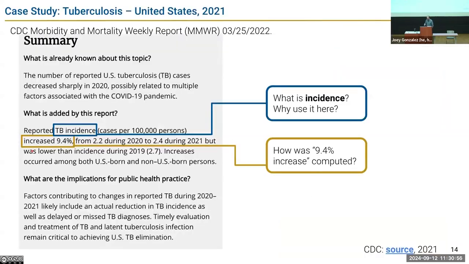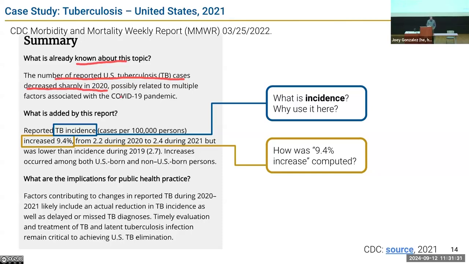All right, so in this lecture, I'm gonna try to work through a case study using some tuberculosis data. So kind of an EDA in itself. There was this interesting result that was already known at this point in time, that the number of reported tuberculosis cases decreased sharply in 2020. What was going on in 2020? There's an election. No. COVID. Yeah, that's right. COVID happened in 2020. And somehow it got rid of tuberculosis. Crazy. Is that what really happened?